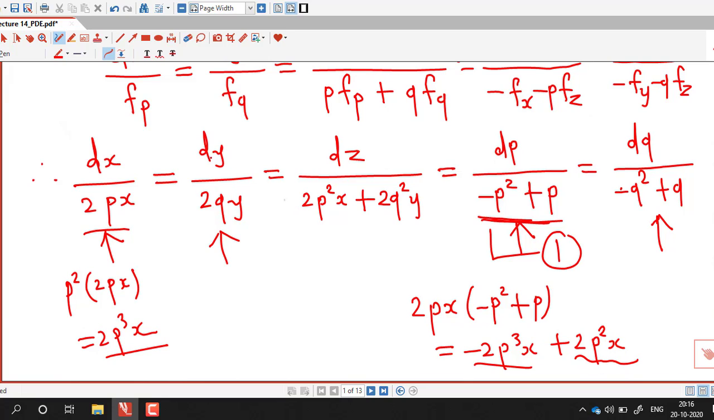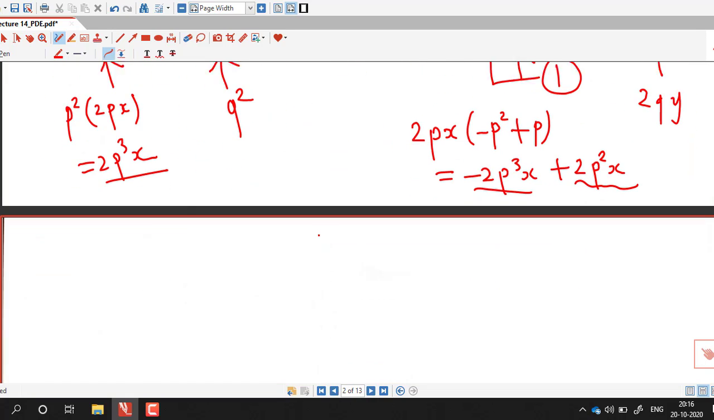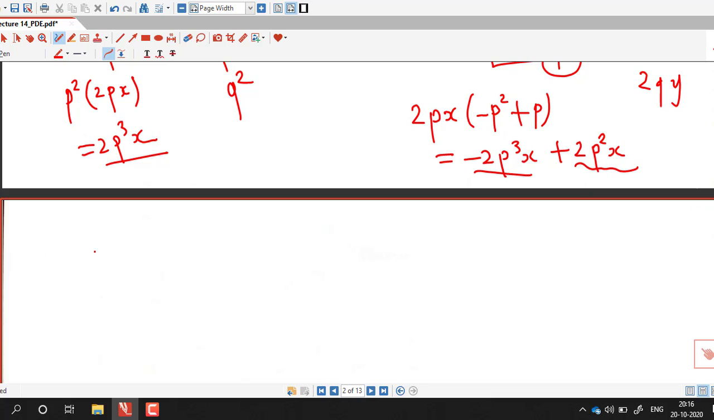Similarly, we will multiply this by q square and this by 2qy and we will generate another fraction, and then we will combine those two generated fractions to obtain the value of small p or small q. So what we are doing, we are generating new fractions by selecting proper multipliers. So each fraction in 1